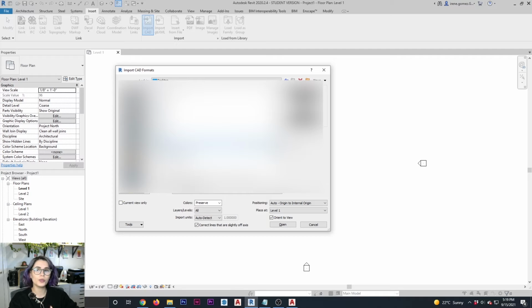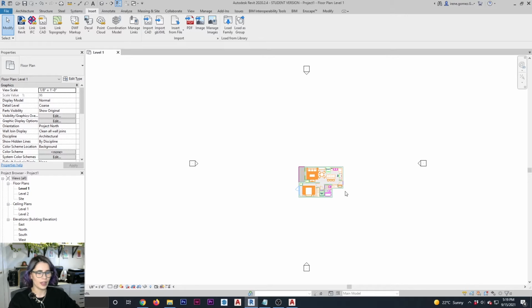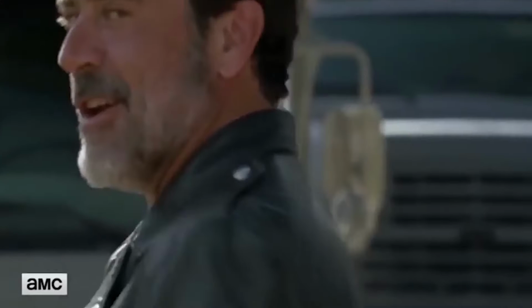So for the most part, when you are bringing an AutoCAD drawing into Revit, beyond selecting the project, you don't have to do much. So in this case, I'm just going to click Open, and that's it. There is my AutoCAD drawing in Revit.